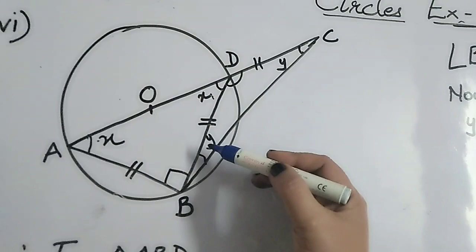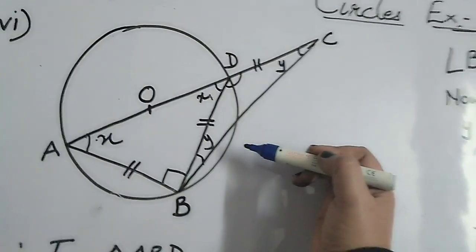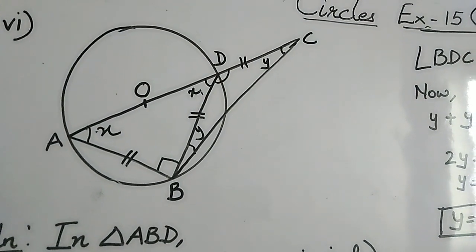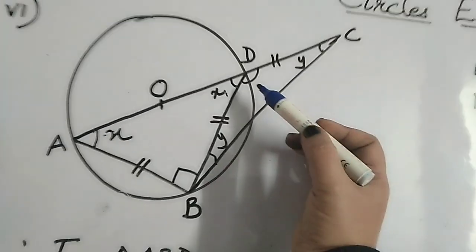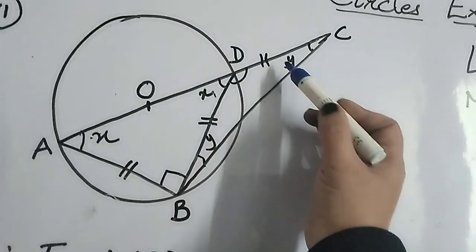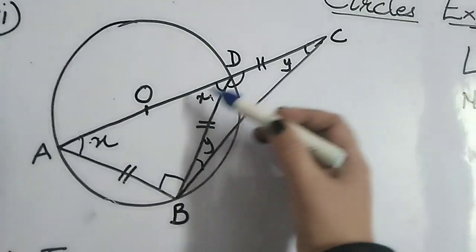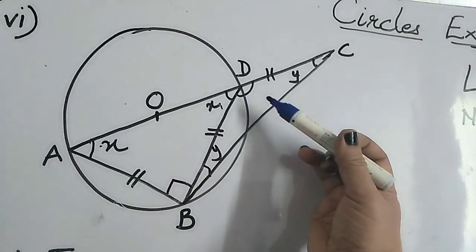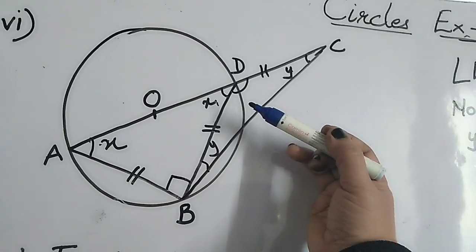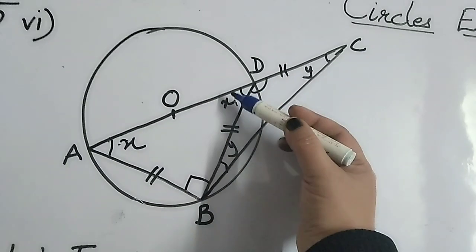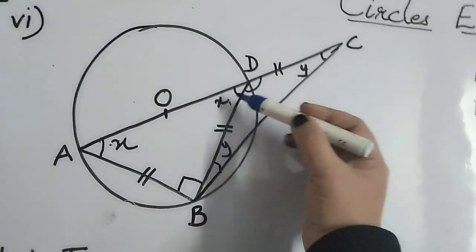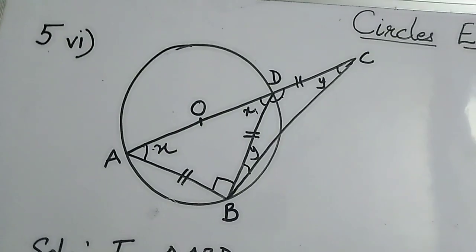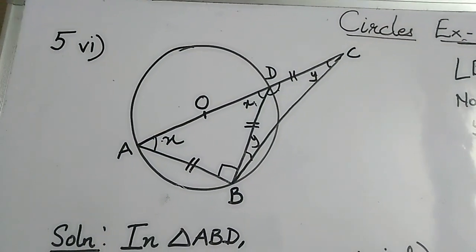Then you can write 135 plus y plus y is equal to 180. Angle sum property, sum of angles of triangle BDC is equal to 180 degree. You can also use that this angle, this is the exterior angle, is equal to y plus y. 2y is equal to x. So y will be equal to x upon 2. 45 by 2, that is 22.5 degrees. You can either use that exterior angle property or you can find this angle and find the sum of angles of a triangle as 180 degree. Both ways you can do.